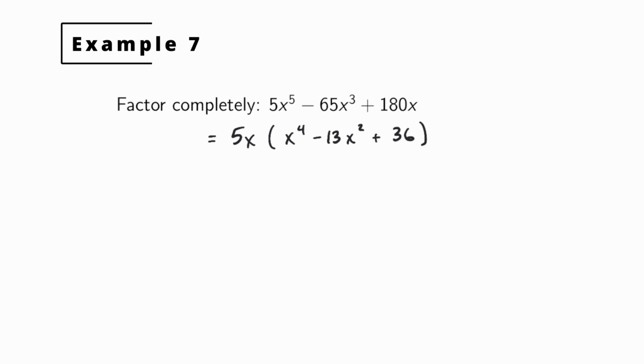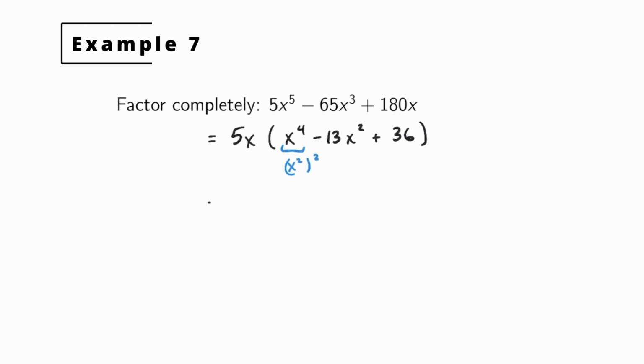Now you look at this, it's a trinomial, but it is not quadratic. We have a fourth degree term here, x to the fourth. So it's not a quadratic trinomial, but it is what we call quadratic in form. That is because the variable is x, but you can think of this first term as being x squared squared. And then the second term, instead of having an x, we have an x squared. So if you think about the variable as being x squared, this would be quadratic in that variable.